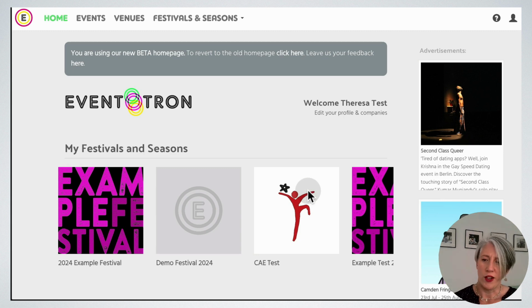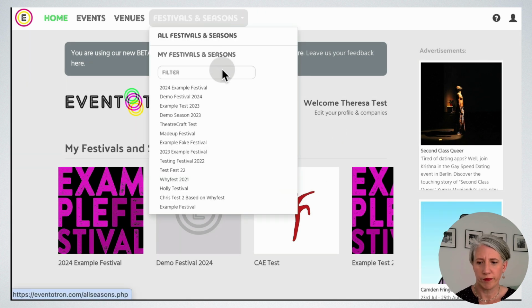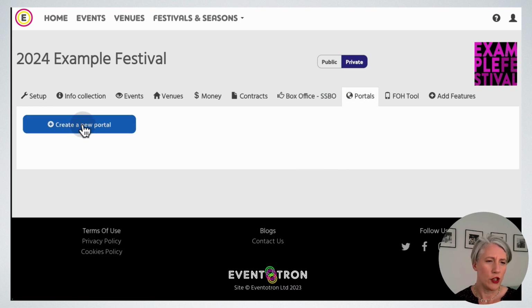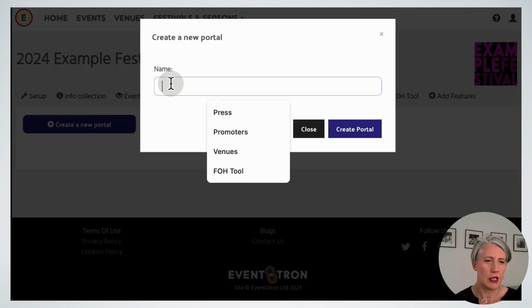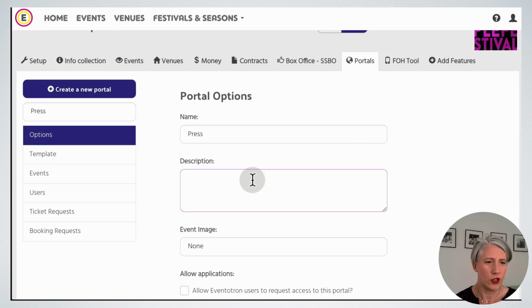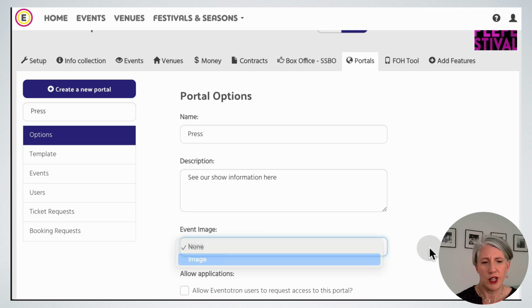I've logged into Eventotron and I'm going to my season or festival dashboard, and I'm going to portals and create a new portal. I'm going to give it a name, so press, create portal, and then here I'm in the options for the portal, so I'm going to give it a description. This is what your portal users will see. I'm going to choose an image